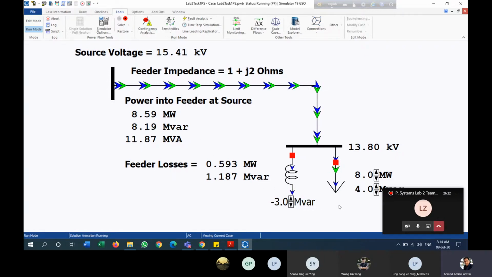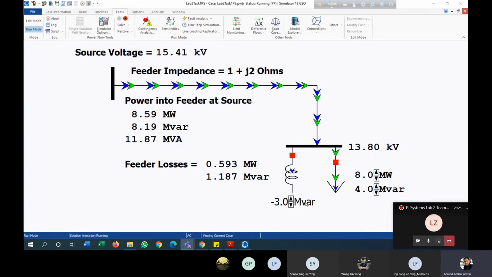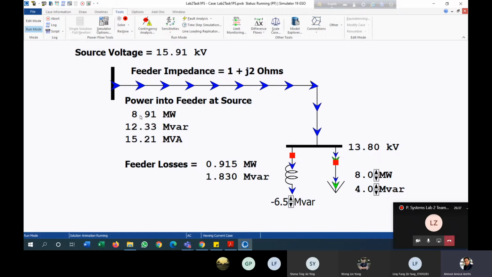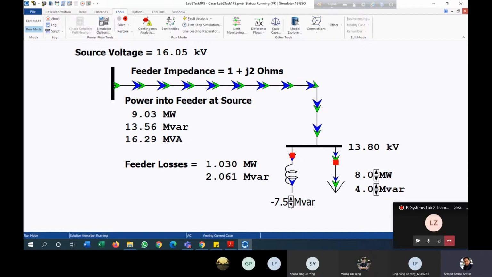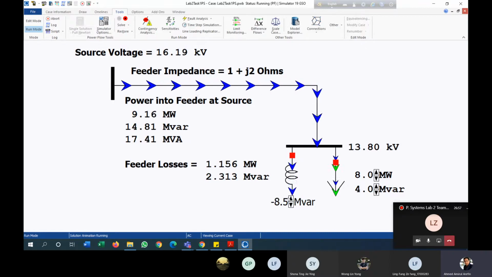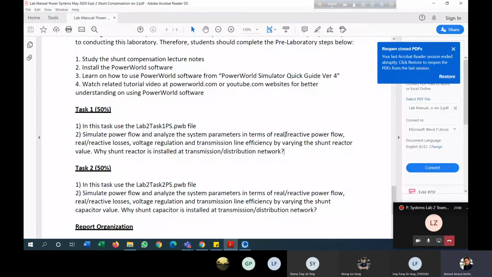Okay, so if you just change the inductor, the shunt reactor value, you can see that you can improve the real power from the sending end to the receiving end. And not only that, just see the value, which is 15.91 now. Once you are changing it, the source end voltage is increasing. Okay, source end voltage is increasing. Okay, so in this case, they are talking about that